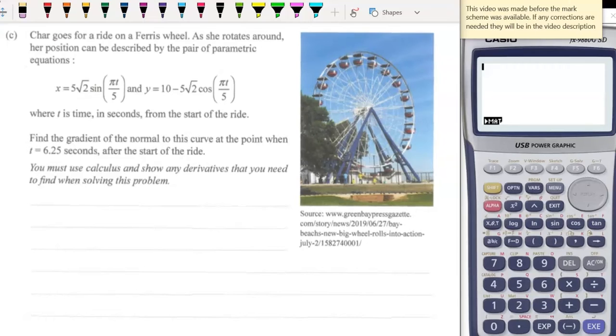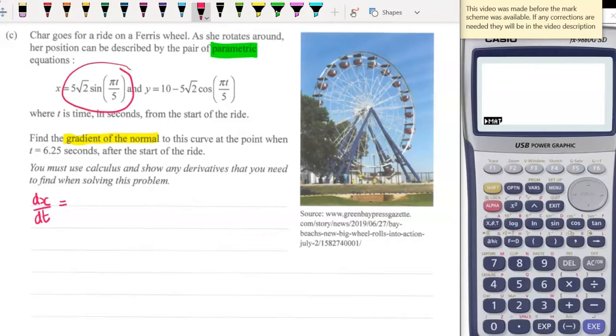Right, now we have part C. And we've been given parametric equations. From there, we need to find the gradient of the normal to the curve. So we'll need the gradient of the curve itself first. And for that, we need to do dx by dt and dy by dt. So let's start with the x. If we were to differentiate this here, we will end up with